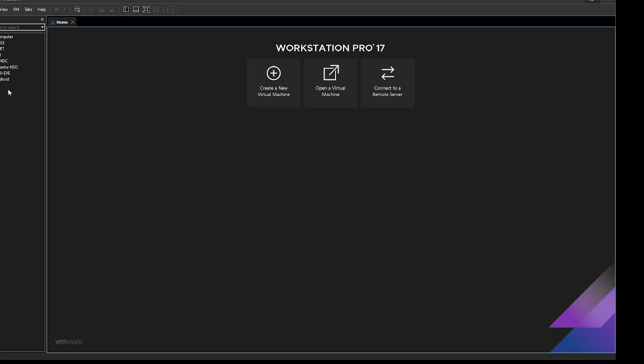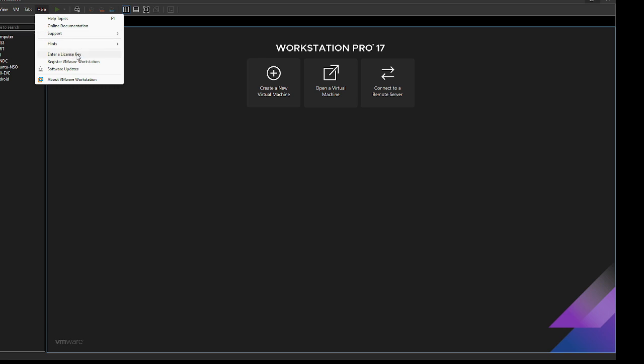Once it has been installed, this is what you will see: the create machine, open virtual machine. Now, if you want to enter your license key, you can go to Help and select enter license key. If in case while installing it doesn't ask you for the license key, then you can come to this option and click on enter license key.